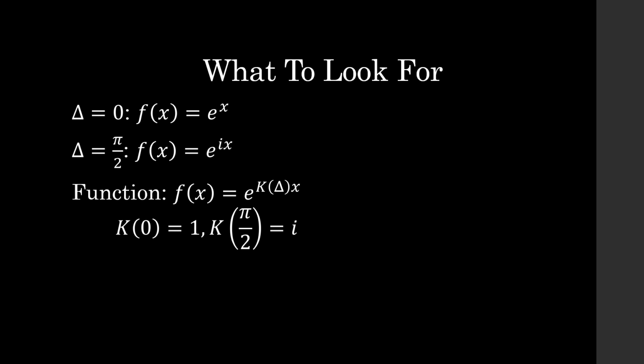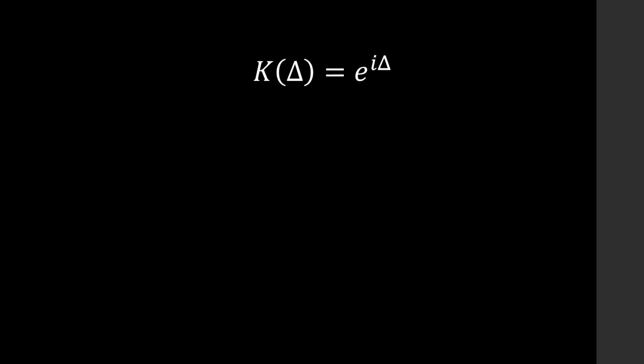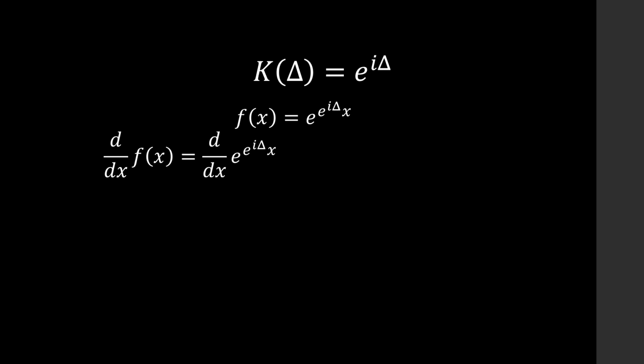So you get 1 unit of the imaginary. So we can try that value. Try k of delta is equal to e to the i delta. Plugging that in to our f of x, we have e to the i delta times x. Taking the derivative and plugging it in, we have that e to the i delta is a constant relative to